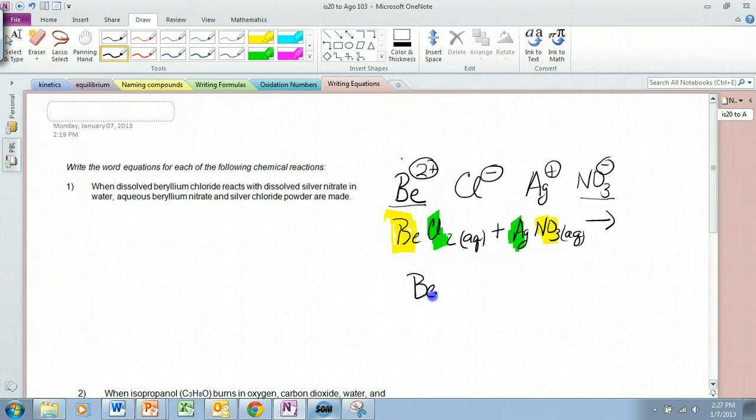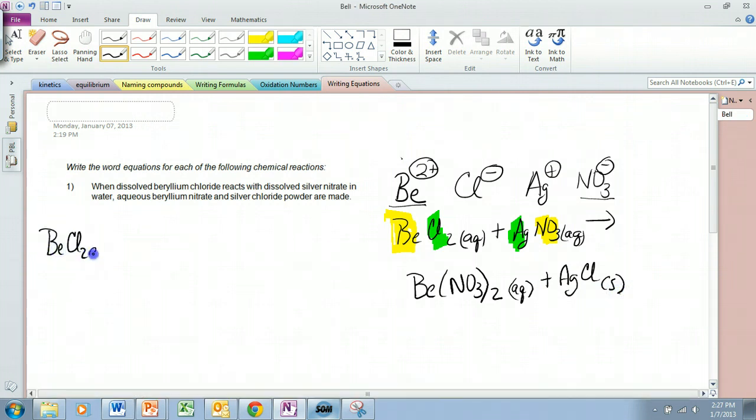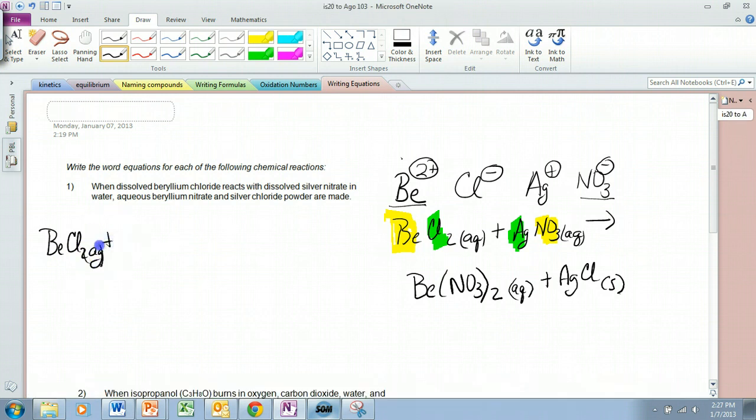So it would be Be(NO3)2, and it says that it's still aqueous, so I would use Aq still. And then I'm going to have silver and chloride, and that's a 1-to-1, so I would get AgCl, and it says it's a powder, so that means I have a solid. So the answer to this is going to be BeCl2 Aq plus